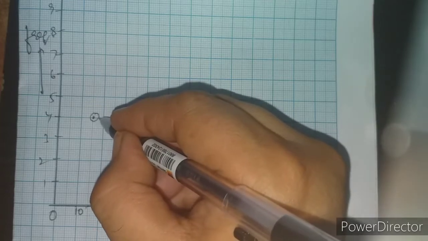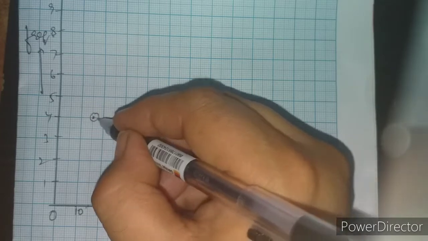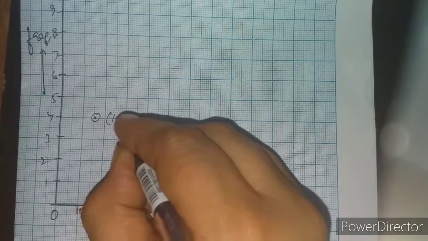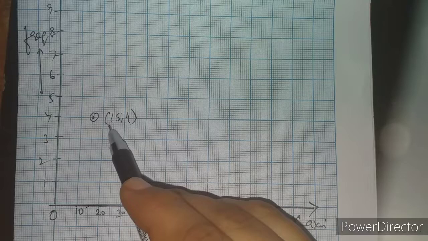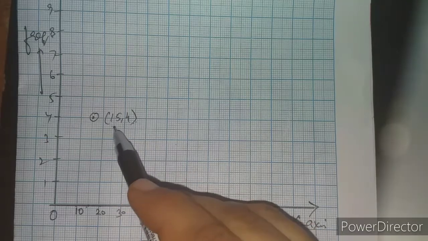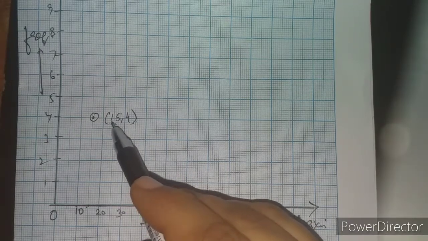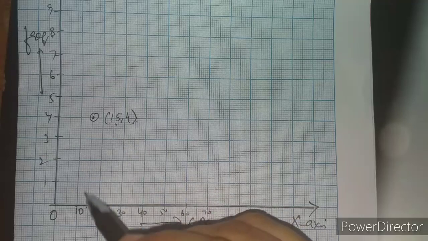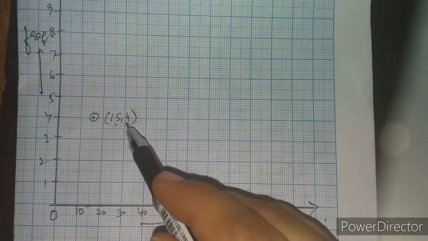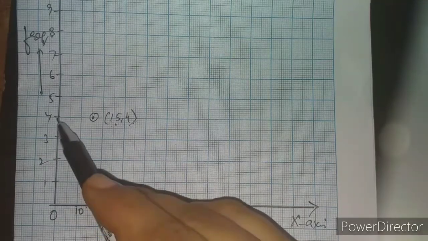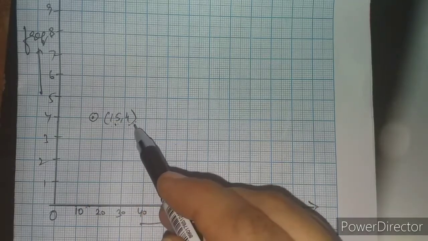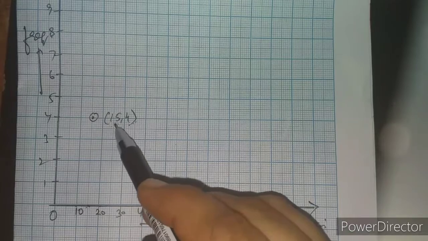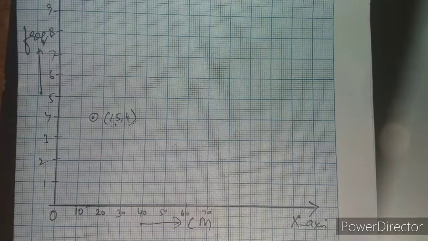You have to mark the point, then you have to draw an empty circle, and then don't forget to write its location like this. It is very much important. Just see its location, coordinates. Okay, 15 means first coordinate is 15, the distance on x-axis, and 4 means the distance on y-axis. It is always written in this form of ordered pair only, right? So don't change the position. 15, 4 we have to write, right?